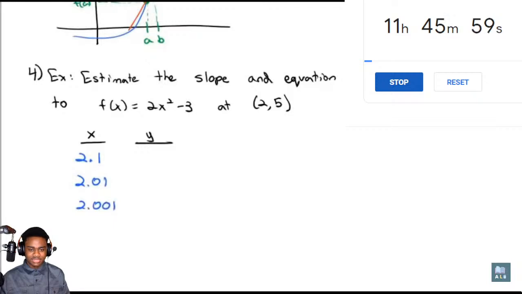And then finally a little bit closer, 2.0001. And we're going to see what y equals at each of these points. We know at 2, it's going to hit 5, but what's it going to hit as we get close to 2, as we pull B closer and closer to our A? Fortunately, this is going to be really easy to